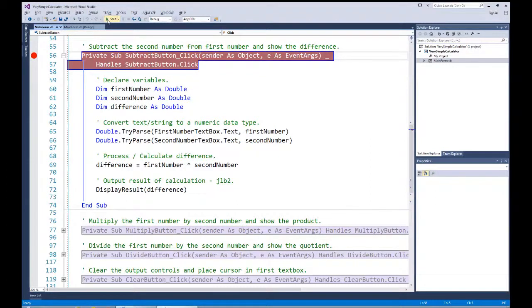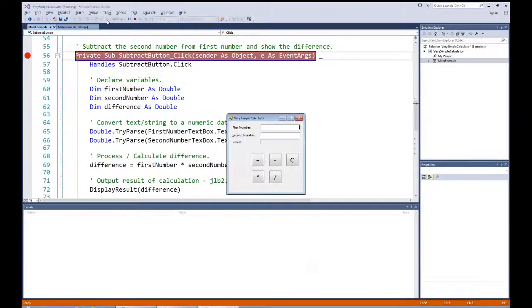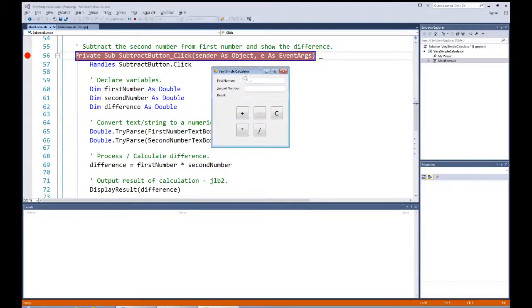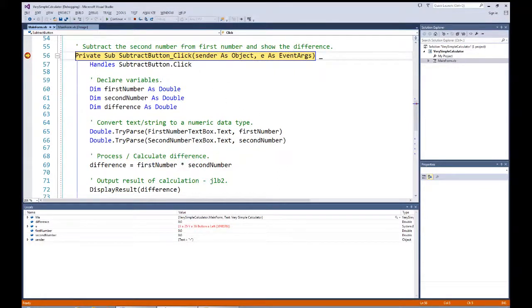So I'm going to start running this program with the breakpoint set for line 56 so we can see what happens when I hit the subtraction. So I hit start, and I've got my calculator up and running. I'm going to once again enter in 67, and I'm going to put in 34 for the second one and hit my minus button. At this point we stop, and you'll see that the arrow to the side says this is the next statement that's going to execute. It hasn't executed yet,